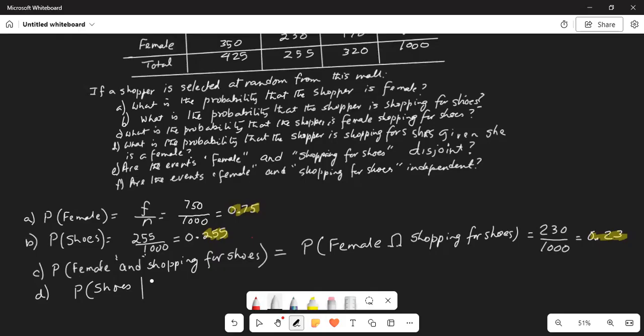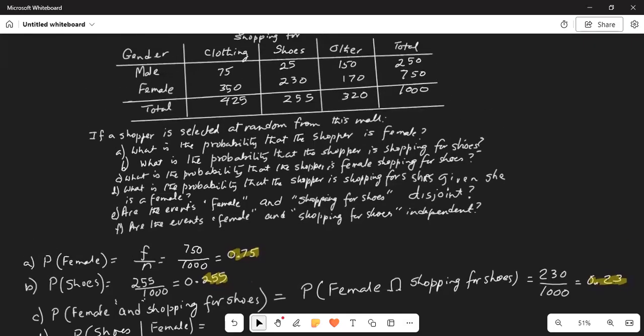This is given she is female. That means you can think of it, out of a total of females, how many are shopping for shoes? So if I move this a little bit up, you can see the total of females row is 750, out of which 230 is the one we are interested in. Out of 750 total females, 230 are shopping for shoes. So the answer for part D is,